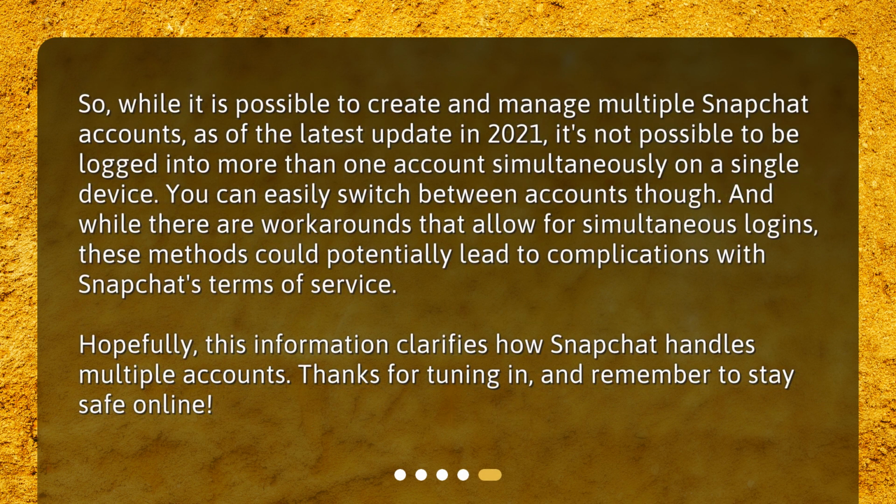So, while it is possible to create and manage multiple Snapchat accounts, as of the latest update in 2021, it's not possible to be logged into more than one account simultaneously on a single device. You can easily switch between accounts though. And while there are workarounds that allow for simultaneous logins, these methods could potentially lead to complications with Snapchat's terms of service. Hopefully, this information clarifies how